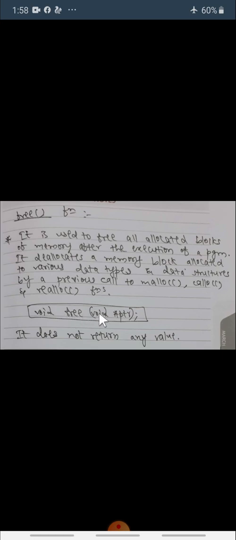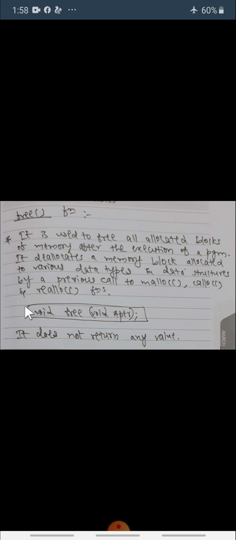The syntax is void free void star pointer ptr semicolon, and it does not return any value. It simply frees the already allocated memory once the execution of a program is completed.